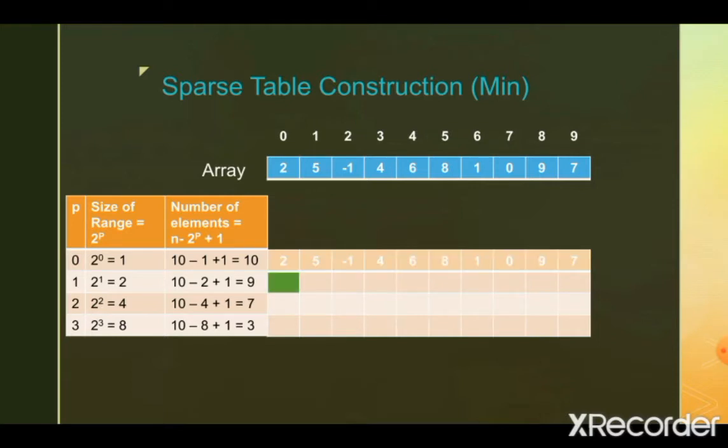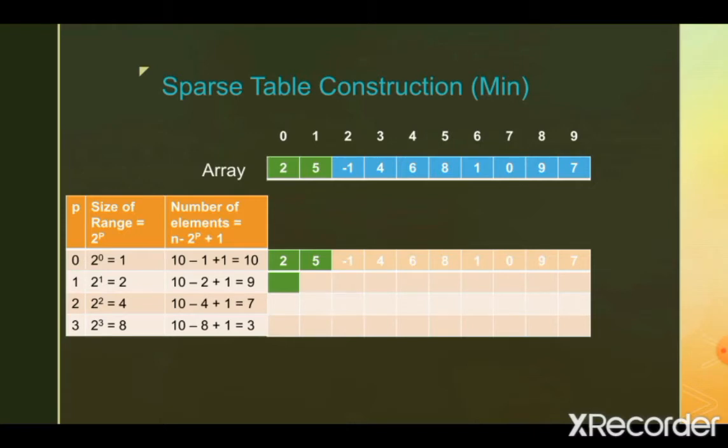Now let's see how we can compute the value of the first element in the second row, which corresponds to the range in the original array whose length is equal to 2 and whose position is 0 to 1, inclusive, as highlighted in the figure. Now this range from 0 to 1 can be divided into two ranges of equal length, and the ranges are 0 to 0 and 1 to 1.